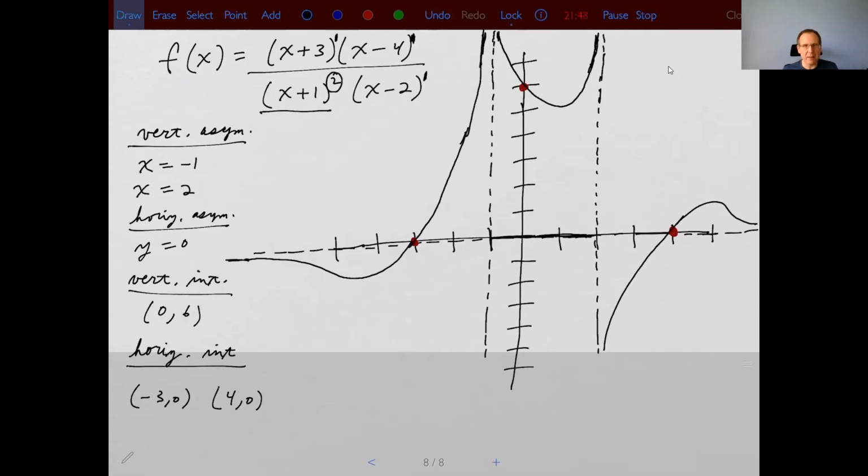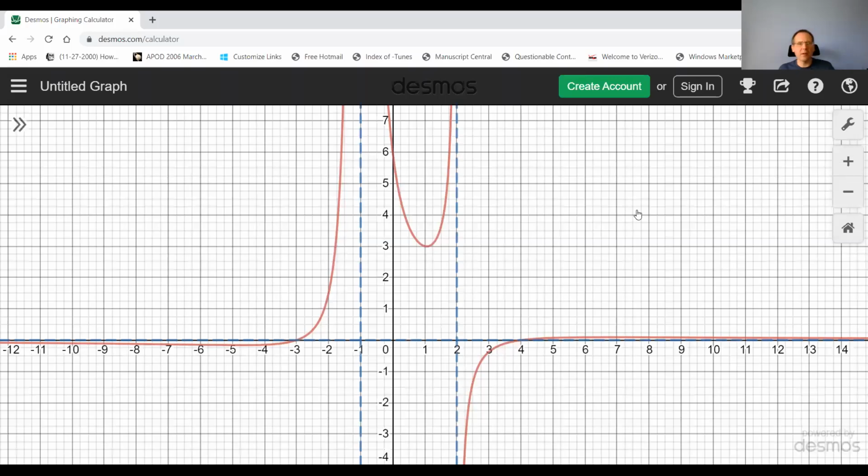So let me plot this on Desmos and see how close we were. Okay, so this is the graph. Actually, that's not bad, right? So we know, first of all, that it had a vertical intercept at 0, 6, so we have that. It had a horizontal intercept at -3, 0, so we have that one here, and then at 4, 0,